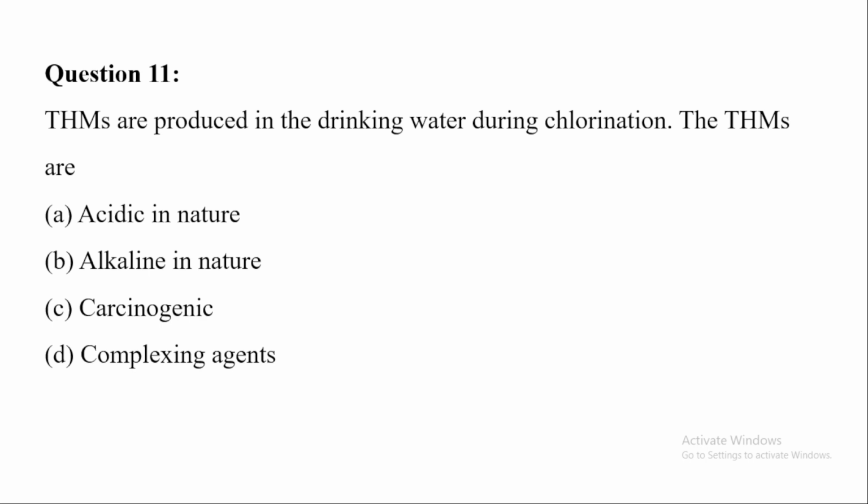They can basically inhibit the cell cycle process in some way or the other, so that the cell will continuously divide and become cancerous in nature. Okay. So these THMs are carcinogenic, and that is why